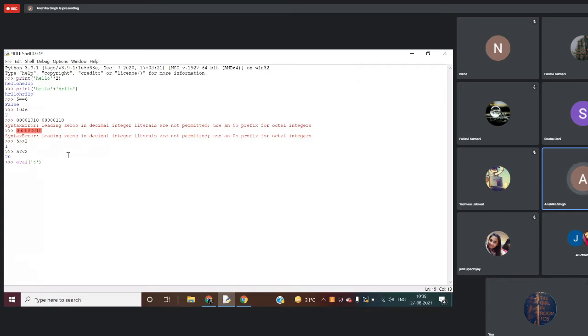That will be an integer, not a string, because in case of a string it will give you 5 in quotes. Now this will be interpreted as an integer. For example, if I am taking input from the user,